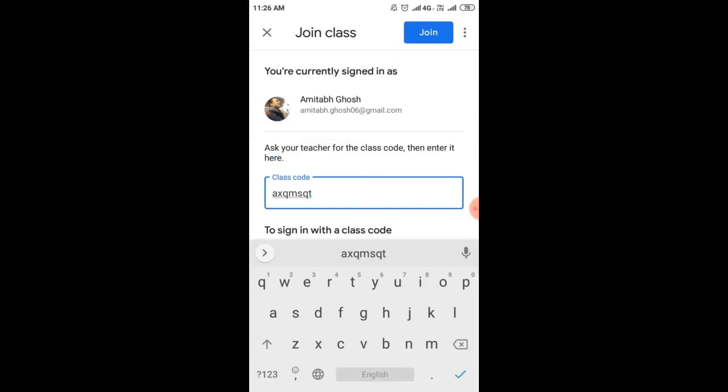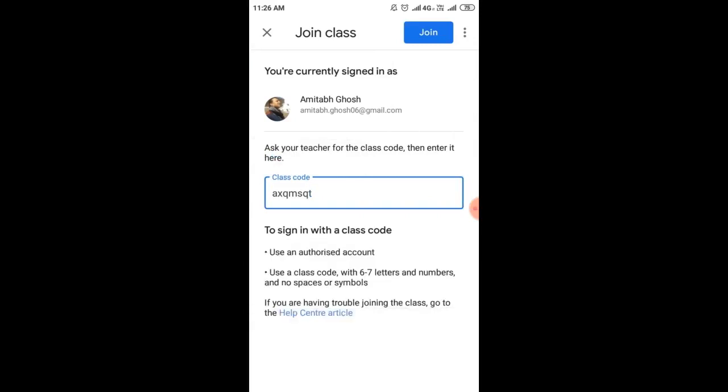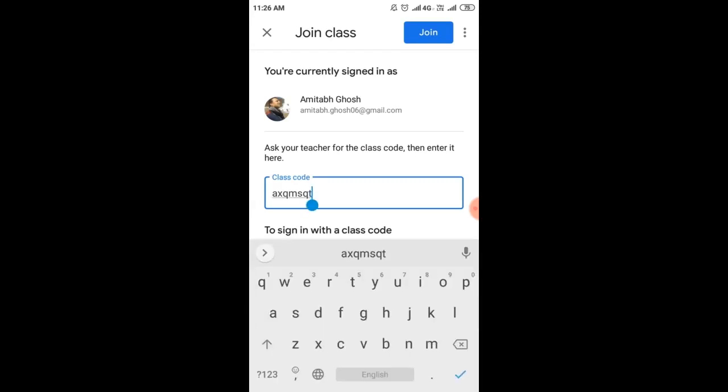Once you type that class code properly, you click on join. Please make sure the class code that you received is typed correctly, or else it won't allow you to join into the classroom. So once you're sure that you have typed the correct class code, click on join.